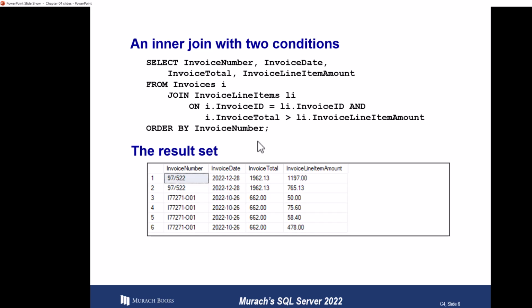I can also treat this as a filter condition using a where. I don't need to put it on the join condition. If I put it on the join condition and execute it, I should get a very similar query execution plan to if I put it in the where condition. Typically, we see it in the where condition. That's more normal, more what people are accustomed to. And in our class, that's what we are going to abide by: putting all of those filter conditions in the where condition and not on the actual join condition.